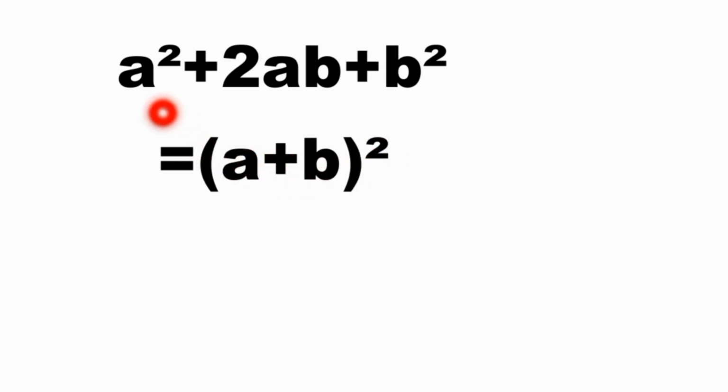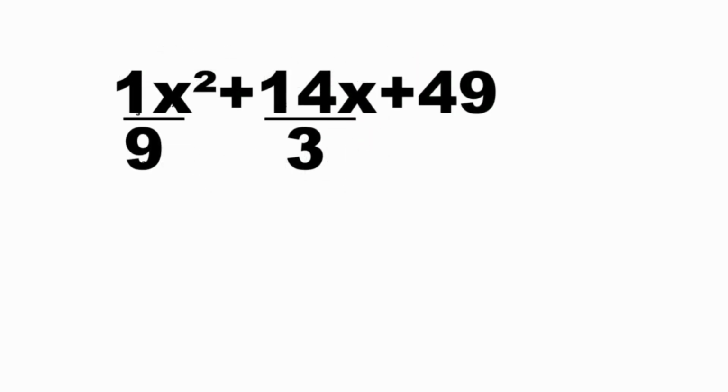Notice that a squared is the first term, the middle term of the trinomial is twice the product of a and b, and the last term is b squared. This time we are going to discuss perfect trinomials with fractions. So we have here an example: